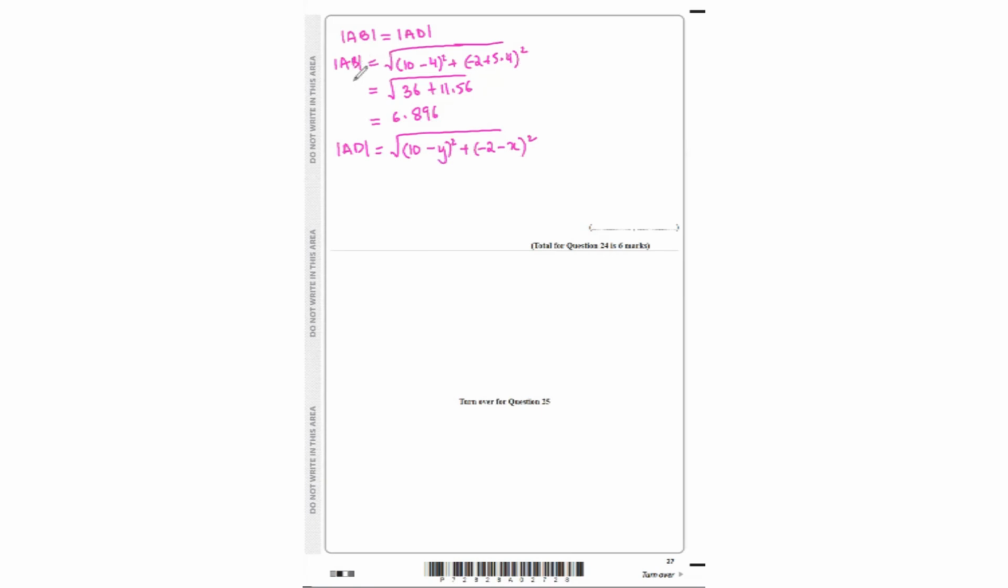So basically, since AB is equal to AD, we put these equal to each other. 6.896 equals square root of (10 minus y) squared plus (negative 2 minus x) squared. Now, if you remember the equation that we created previously, which was y equals 0.4x plus 6.16, what I can do is replace the y in this equation, and then we will only have one unknown, which is x. So first, let's get rid of the square root over here by squaring both sides. So that's going to give us